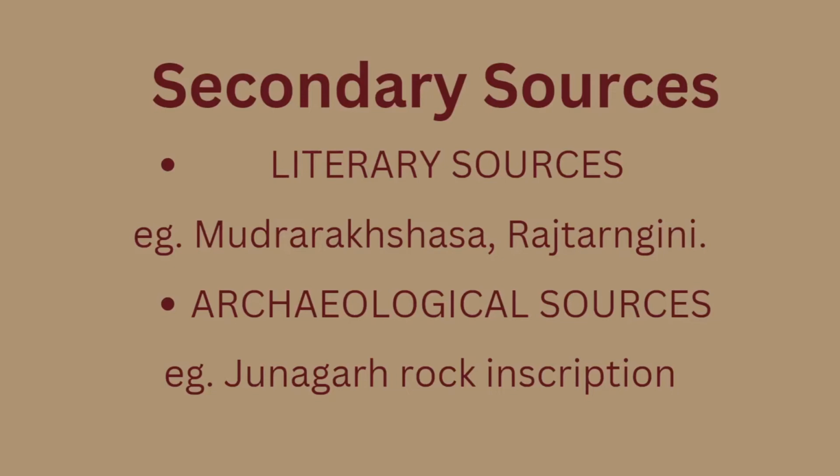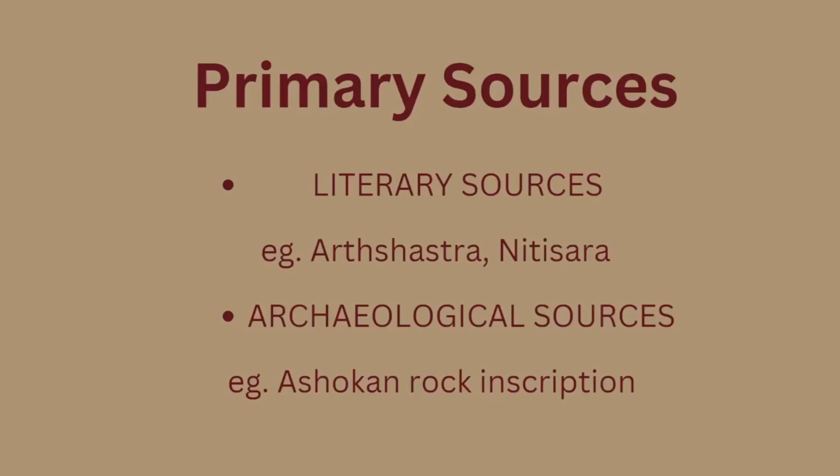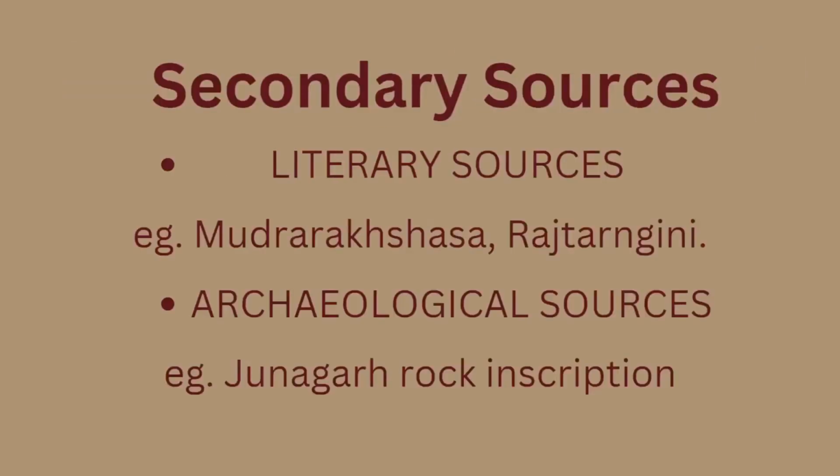Literary works like Arthashastra, Kamandaka's Nitisara, and Harshacharita of Banabhatta are primary in nature. Literary works such as Mudrarakshasa of Vishakhadatta are secondary in nature, because Vishakhadatta lived in the 6th century and his book Mudrarakshasa deals with the Mauryan period. And a particular literary work can be both primary and secondary in nature, because it can have non-contemporary and contemporary information at the same time. For example, Rajatarangini written by Kalhana. It contains history from the Mahabharata age to the middle of the 12th century. As for the last part, Kalhana was an eyewitness, so it can be considered a primary source, whereas the events belonging to the earlier period would